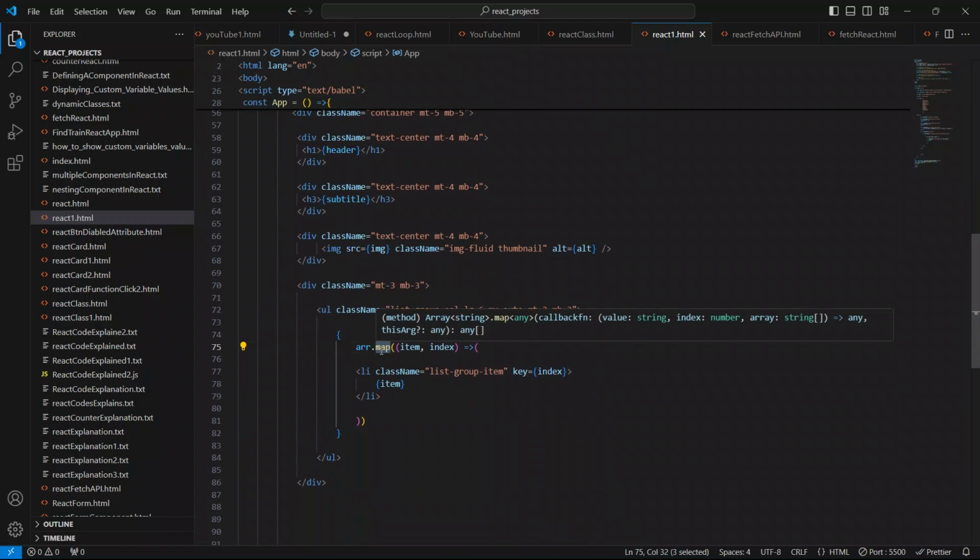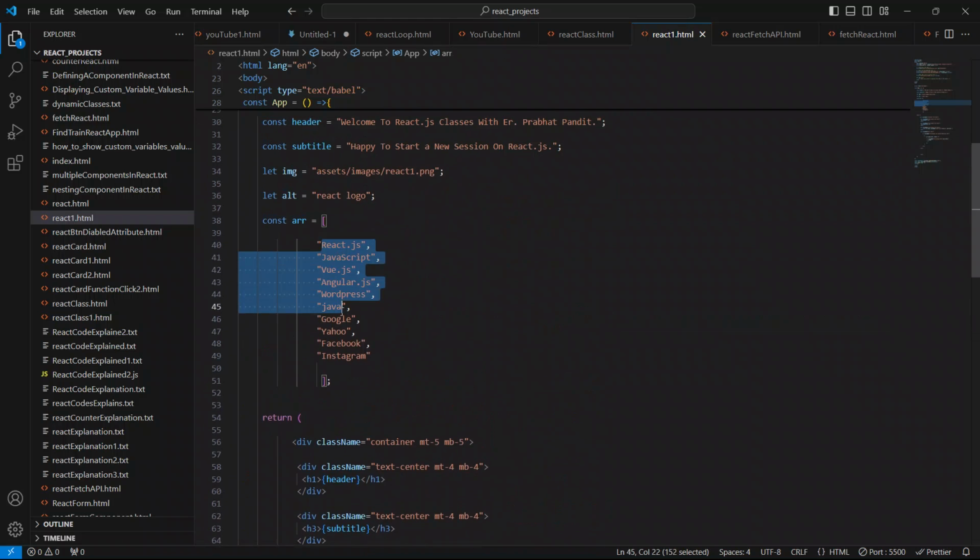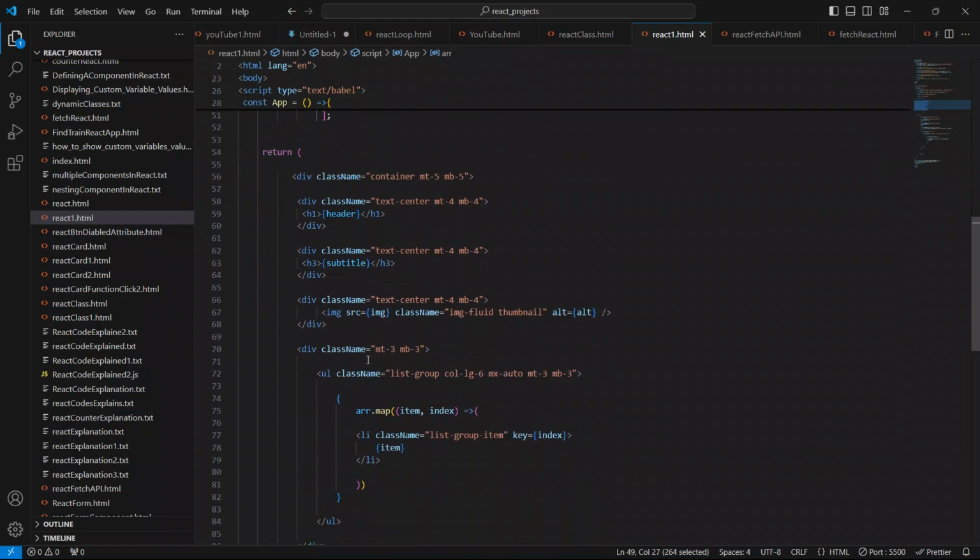And now each and everything is inside this item, what can I say, props, or we can say the element. So now just to display all the elements from this arr array, we will say here